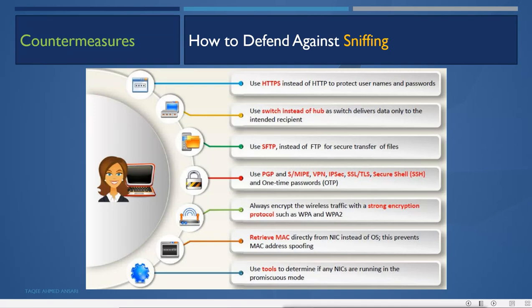Then use SFTP instead of FTP for secure transfer of files. FTP, when we use, it is not secure, but instead of FTP we can use SFTP. SFTP uses a secure channel between your client machine and the server machine, and it creates the secure channel by using SSH.